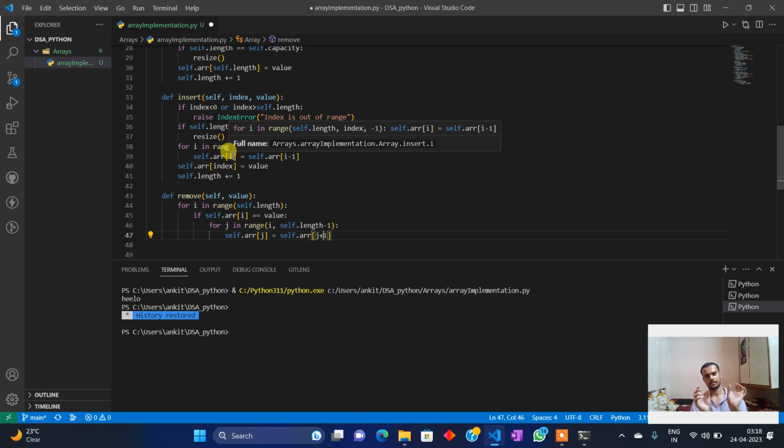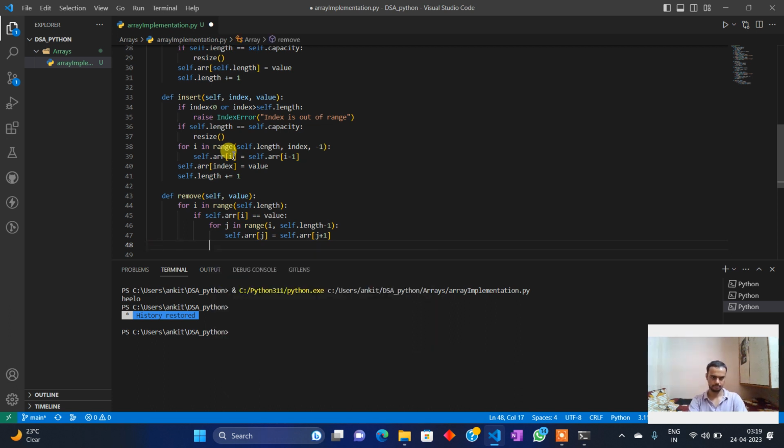Because every element is shifting towards right, so 4 becomes 5, 5 becomes 6. Yeah. Okay, let's see if it throws an error, and if it's not giving the desired output, we'll see how it will work. We'll see it in depth,